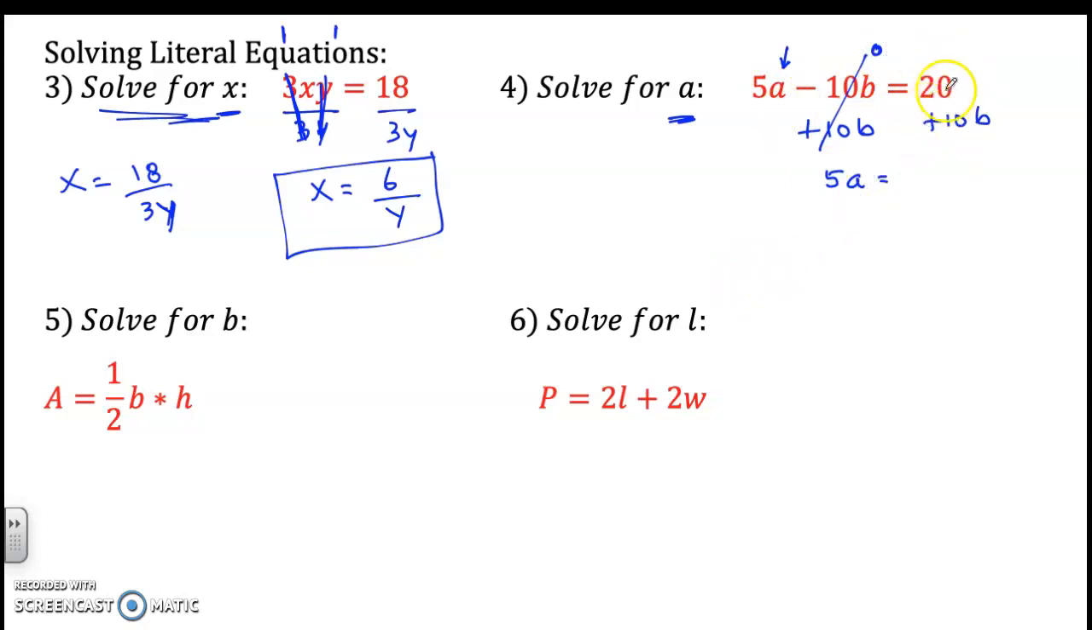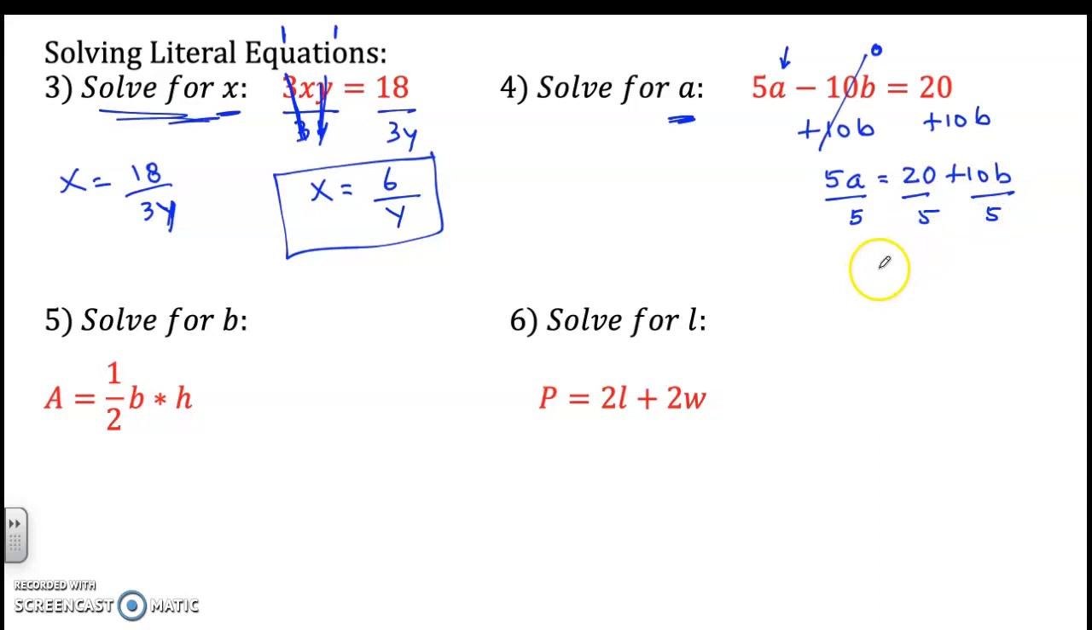What about here? Can I combine the 20 and the 10b? I cannot, because the 20 doesn't have a b. Therefore, I have to write them both. All right, they're not like terms. Last step, 5a. 5 is multiplying, so I divide by 5, and I divide by 5, and divide by 5